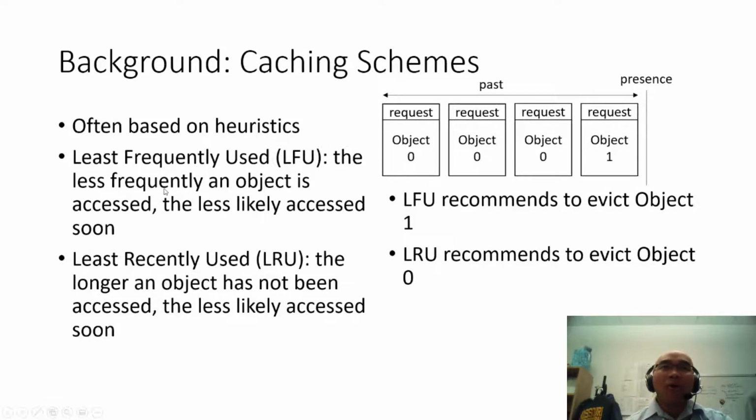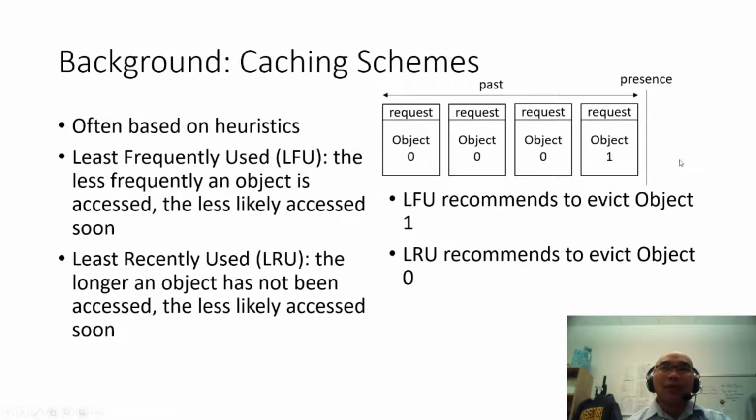usually, say if I have a few objects in the cache, object 0 and object 1, the less frequently an object is accessed, the less likely that it is going to be accessed soon. So then it may be a good candidate for eviction. Likewise, if I have a few objects in the cache, the one that has just been accessed is usually